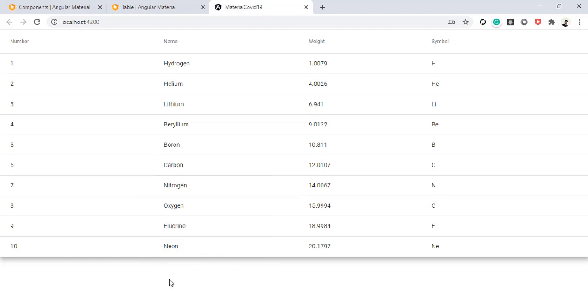So using inspect element, we'll see how the page responsiveness works in Angular Material, the same as in Bootstrap. Using inspect element, you will see how Angular Material is compatible with every type of device, like mobile, laptop, desktop, and every type of screen. It is supportable at all. So we'll see here in Angular Material,